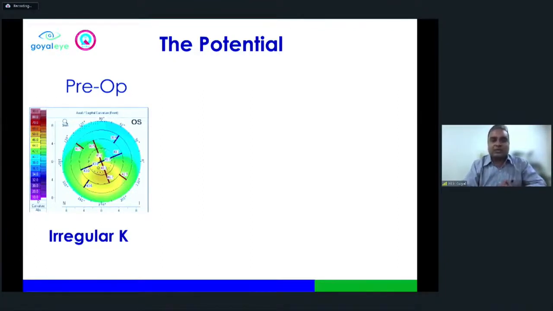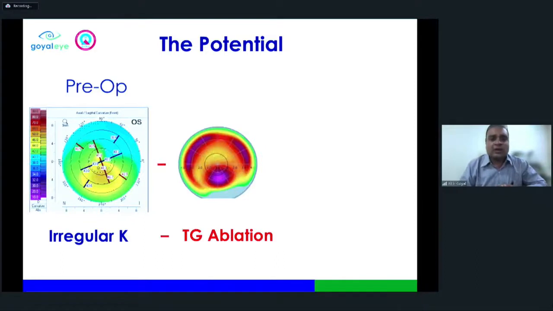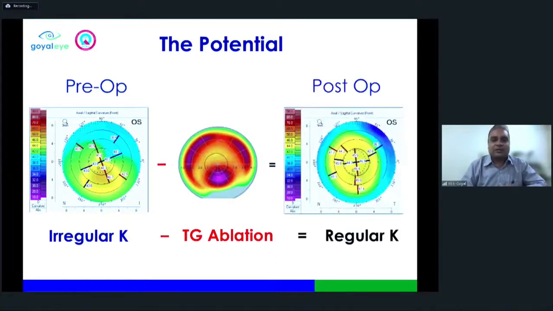you can see that the patient has significant inferior steepening on anterior sagittal curvature maps. This sort of inferior steepening you would see in cases of keratoconus. On this, we are doing a topo-guided ablation, and these are the kind of results that we can get. So if you have a cornea that is quite irregular, you could subtract some amount of corneal tissue from it, and you could make a regular shaped